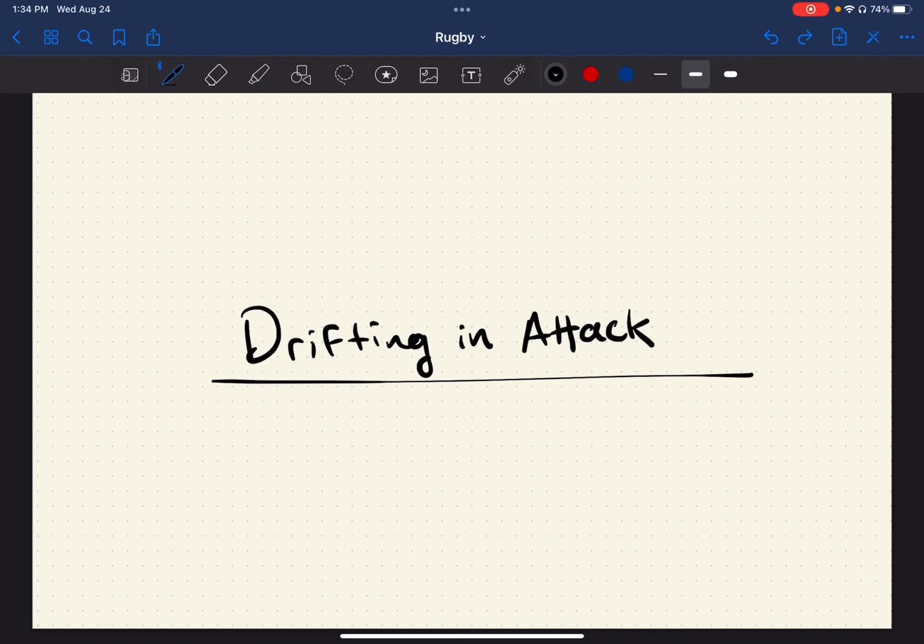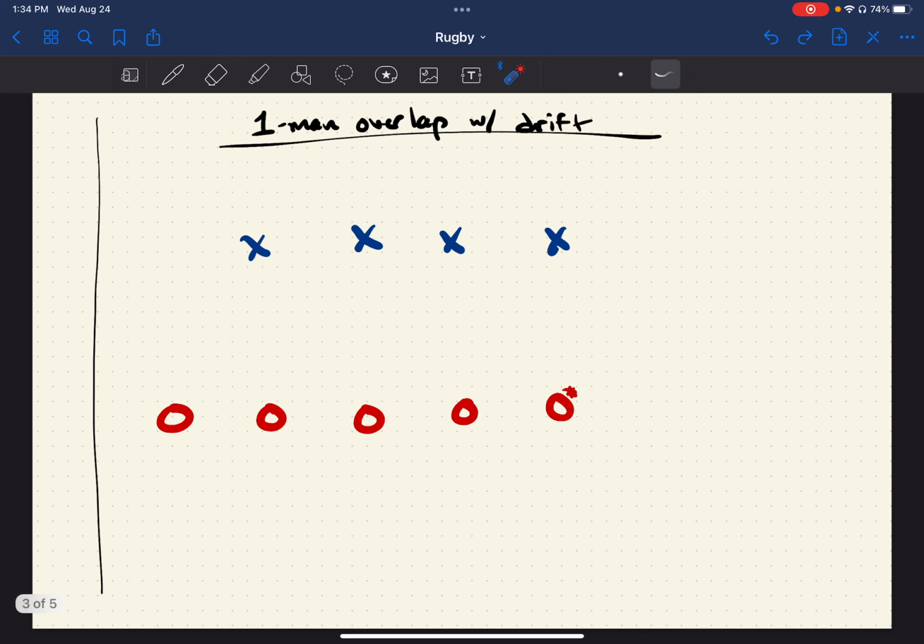Today we're going to be talking about drifting in attack and how to correct it on the fly. When coaches talk about drifting, they're talking about the tendency of the entire offensive line to follow the pattern of passing. So if we're passing from right to left, there's a tendency for the entire offensive line to drift from right to left. When we've got a 5v4, we've got a one-man overlap, the goal here is to score a